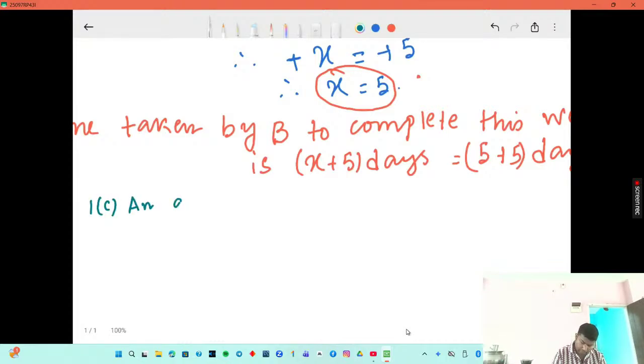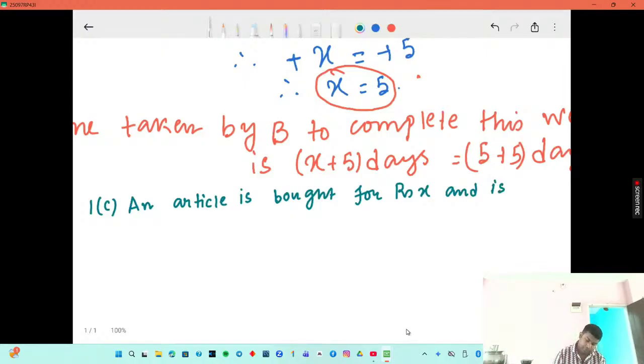An article is bought for rupees X, and is sold at a profit of X%. If its selling price is rupees 56,